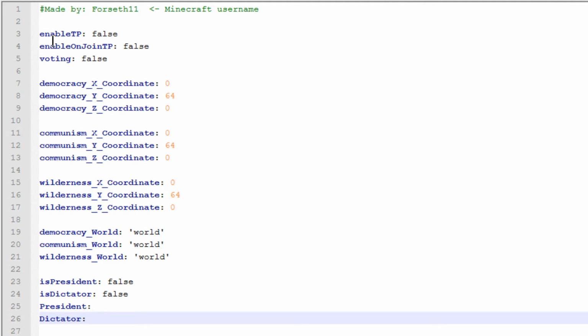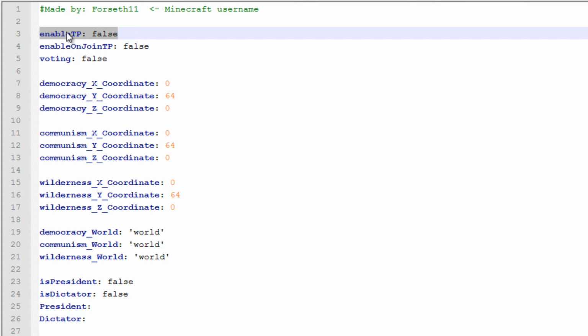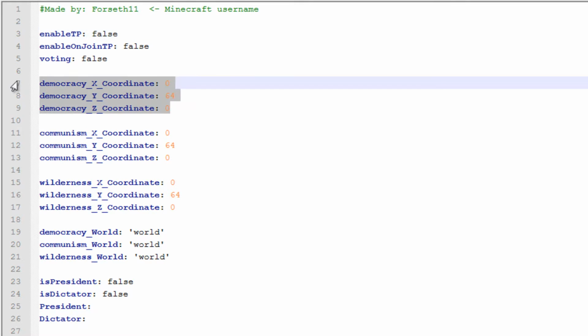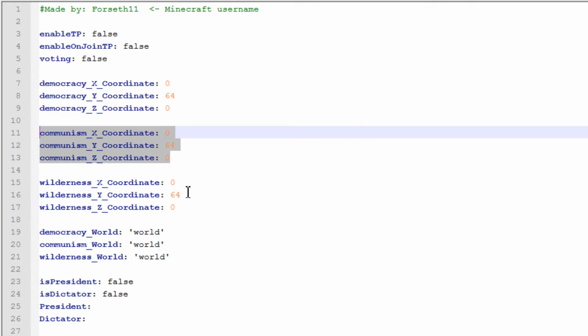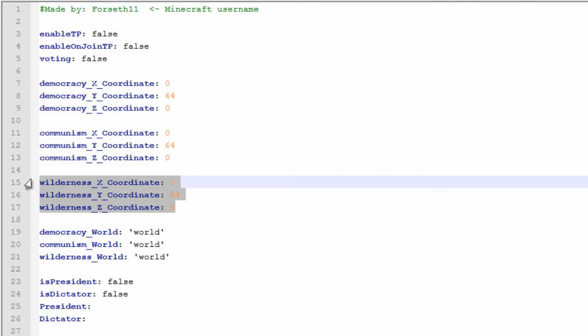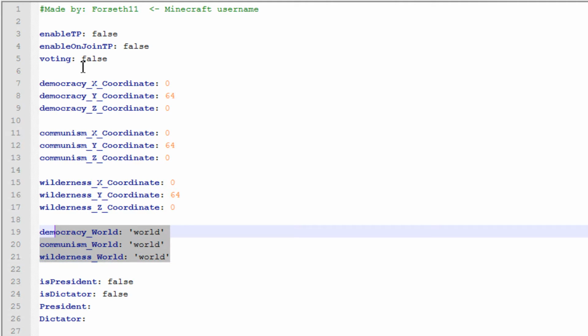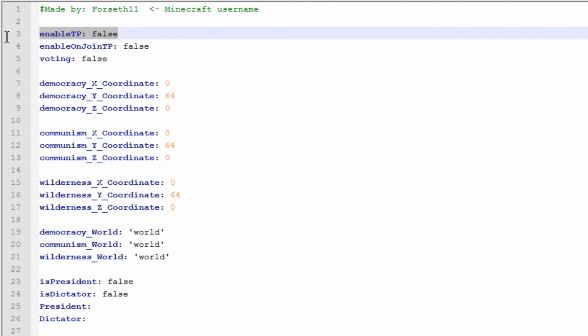Now I'm going to go down by this line by line. First off, this right here enables TP. That means that you can type /home or /leave, and it teleports you to these coordinates if you're in the democracy, these coordinates if you're in the communist country, and these coordinates if you type /leave. And then if you're using enable TP,